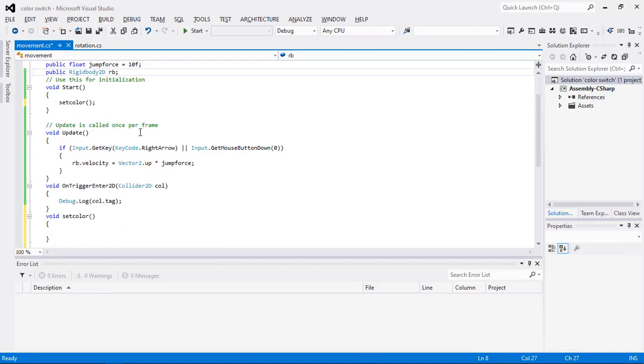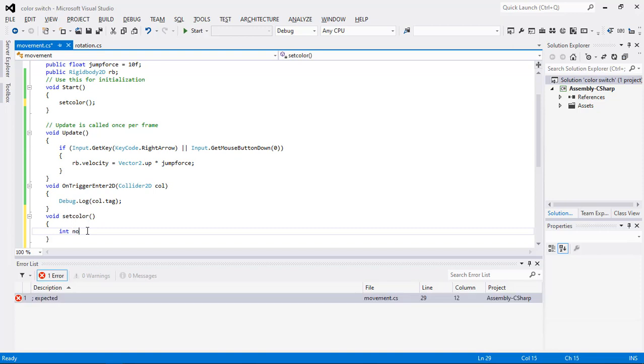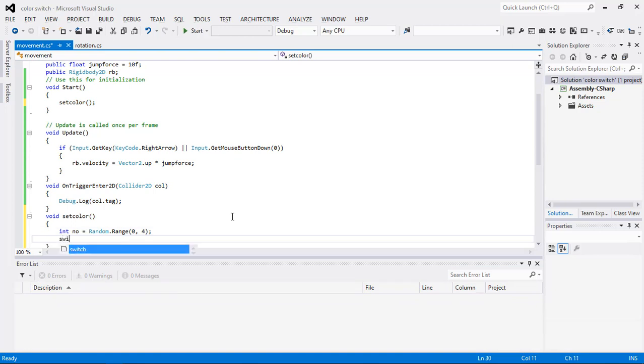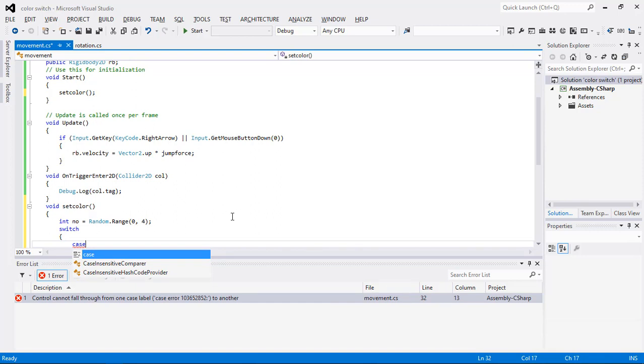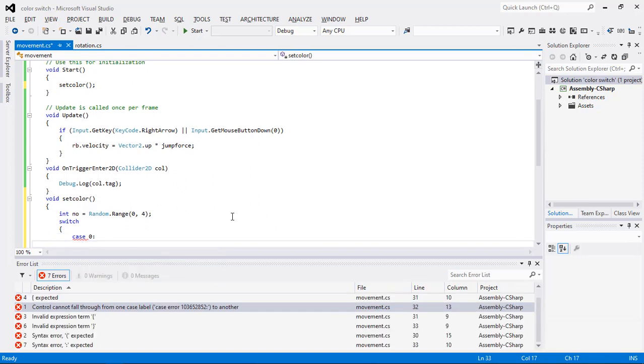So what we need to do here is that in the SetColor, I'm going to use a switch statement. So first of all, I'm going to use an integer, let us say number, and in this I'm going to use Random.Range, and we are using 4 numbers, so we will go from 0 to 4. So the next thing that I'm going to do is use a switch statement, and for case 0 it will be